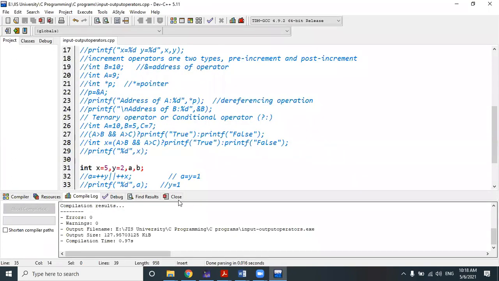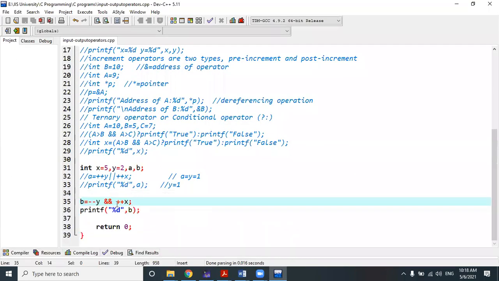It gives 1. Why does it give 1? Because 2 is there. 2 means minus minus y. That means 1. So 1 logical AND plus plus x.